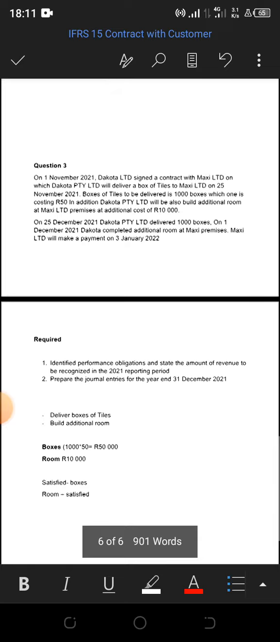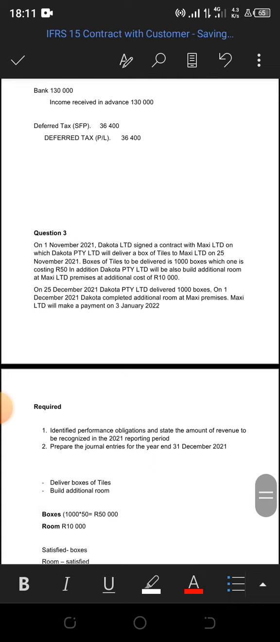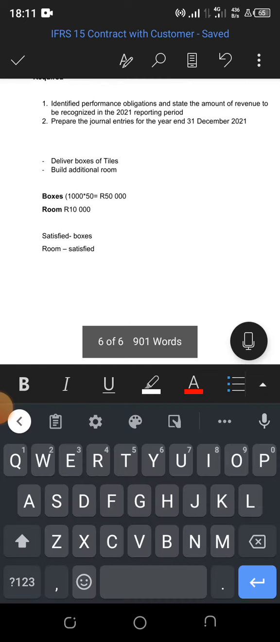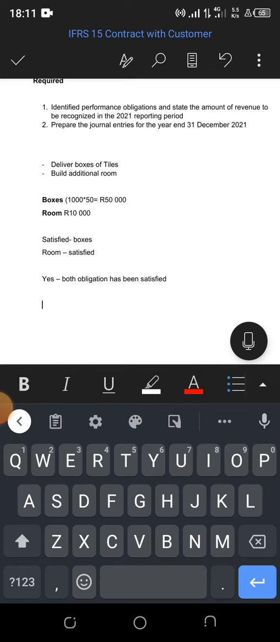Which means that now we have to conclude which amount is going to be recognized as revenue. Let's check the last line. Maxi Ltd will make a payment on 3 January 2022. They're going to make a payment next year. Are we going to recognize it as revenue? That's the question that you have to ask yourself. The answer is yes. Why? Because both obligations have been satisfied, which means that the total amount of 60,000